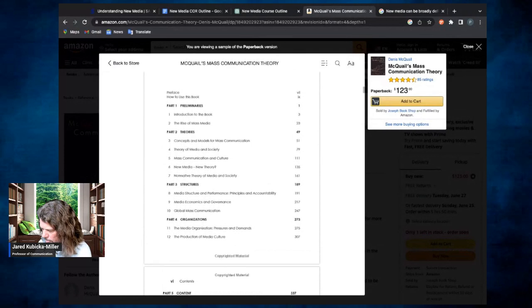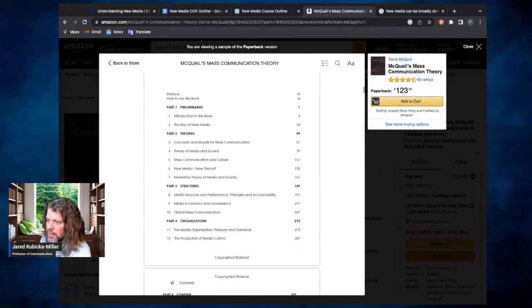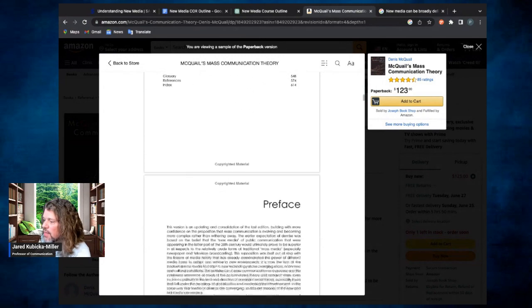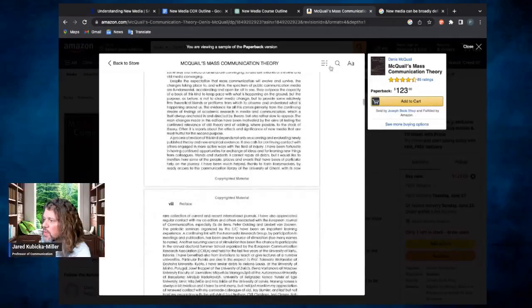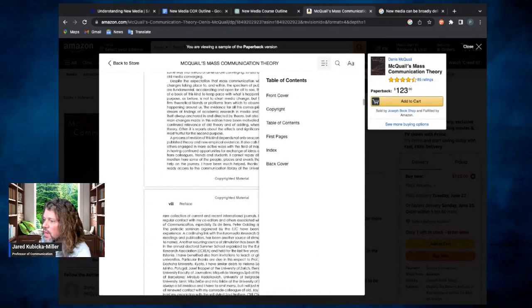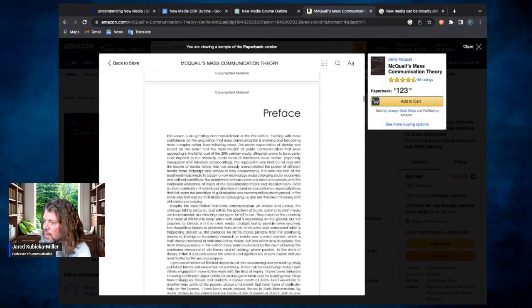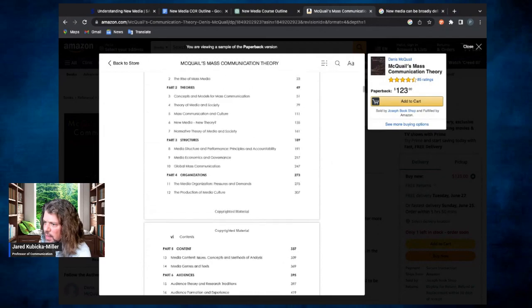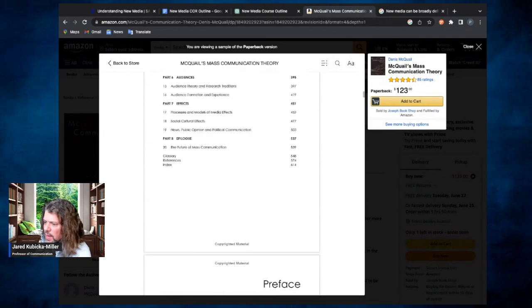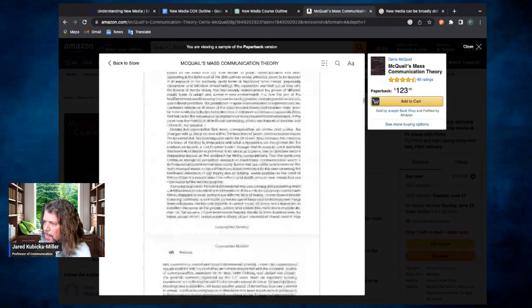You can learn a lot about a book just looking at the table of contents. Introduction to the book, Rise of Mass Media, New Theory. That's interesting. 135. I wonder if I can go to page 135. No, probably not. Darn it. Okay.